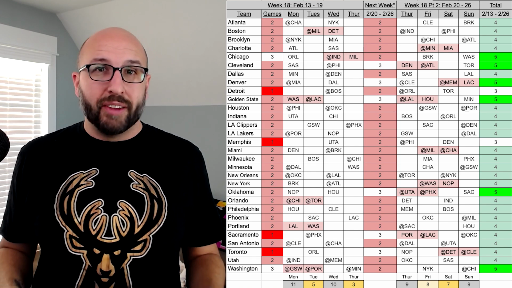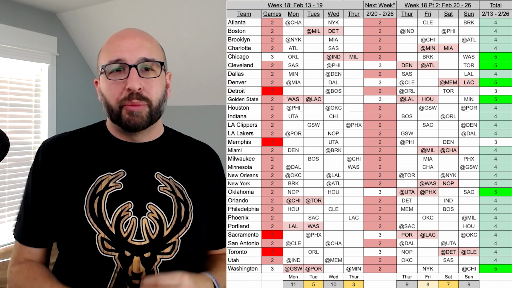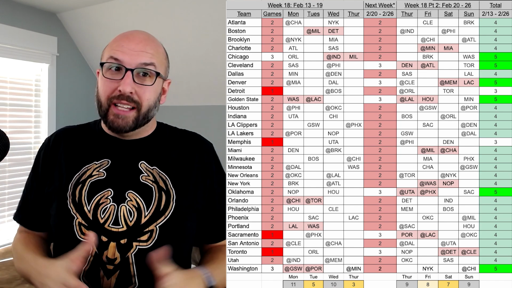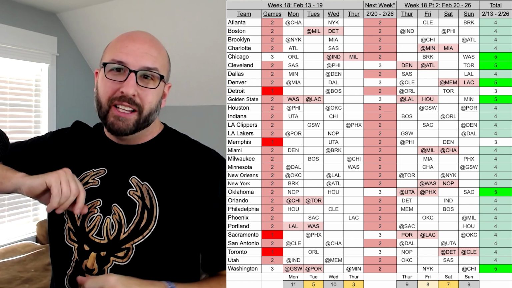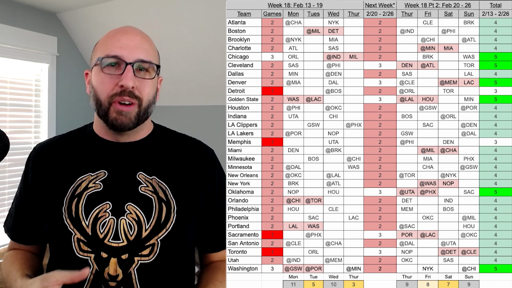Guys are going to get some rest if they're hurt. They're not playing. It's All-Star game. You might lose some guys here on that Wednesday and Thursday. Hopefully, for me, we don't lose any Atlanta against the Knicks on Wednesday because we're taking the family down and crossing another arena off my list. But beyond that, you might miss some guys. So stay on top of it going into Wednesday and Thursday.